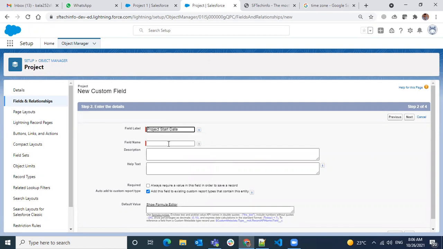I'm giving here project start date. Any questions here?